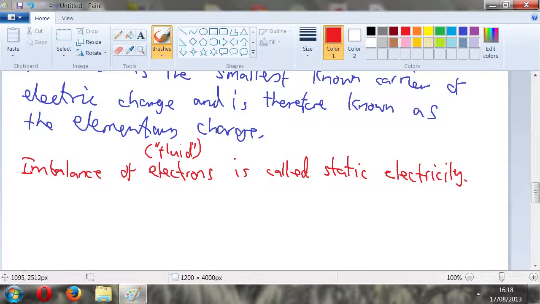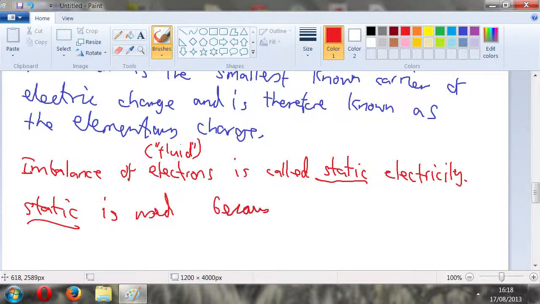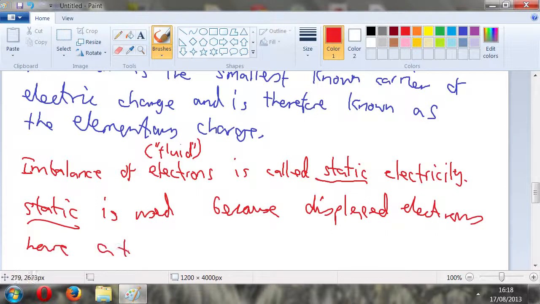There's only been a few machines that have used it, but I suppose it led to other things. This word static is used because the displaced electrons have a tendency to remain stationary,